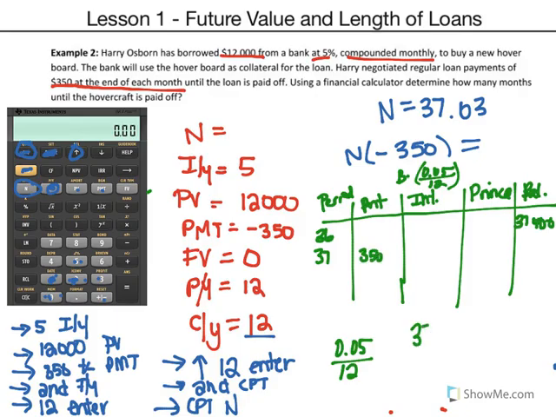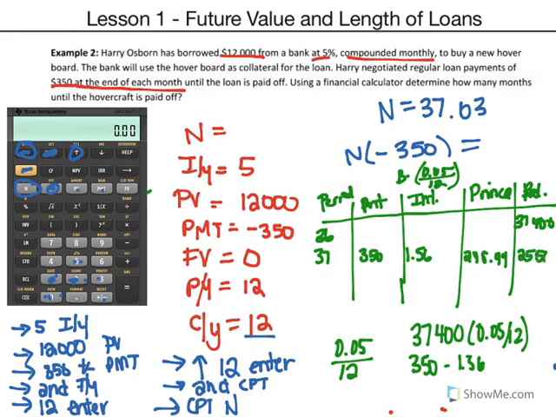If we take $37,400 and we multiply it by 0.05 divided by 12, we should get 1.56. 350 minus 1.56 is 248.44. We subtract these two numbers, you should get 25.56, which is obviously the end of our payment,